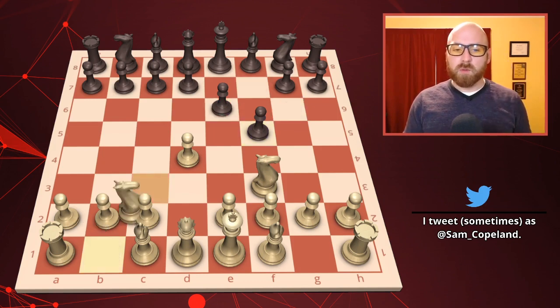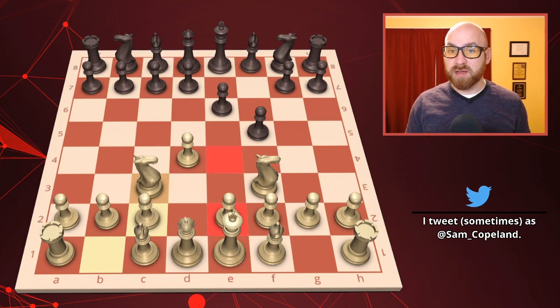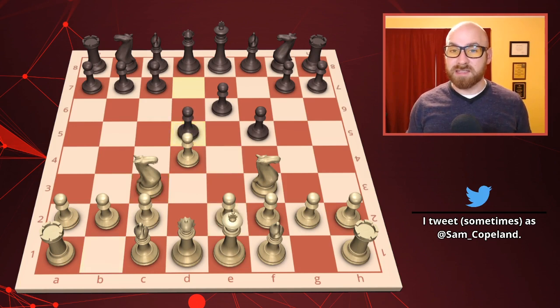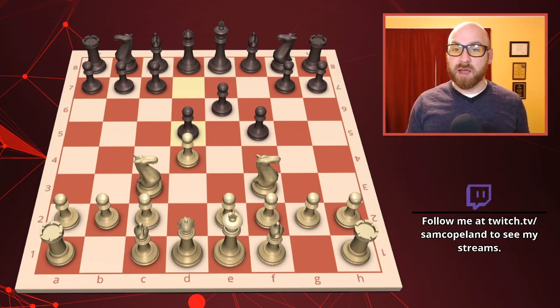So White plays knight c3, which is not a bad move either, but I really would prefer generally to play the c4 pawn, play the pawn up to c4 before putting the knight in the pawn's way. However, White's trying for a very quick pawn to e4 break here. That is a popular way to play. One thing I like to do when White plays the knight in front of the pawn is play d5, switch to a stonewall Dutch instead, where the knight is not very well placed blocking this pawn.